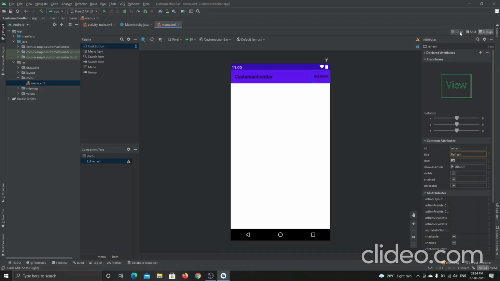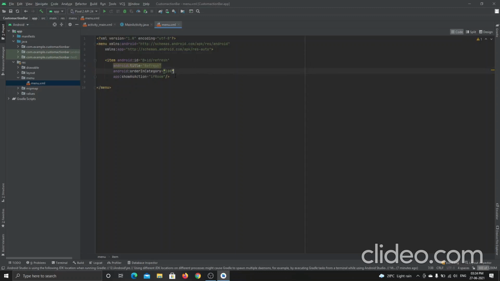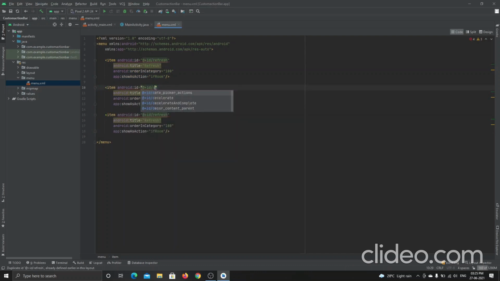See now, let me add another 2 to 3 items. I will copy it, paste one, and then I will change this dot refresh to something like download. Yeah, and then I will write it here, download,